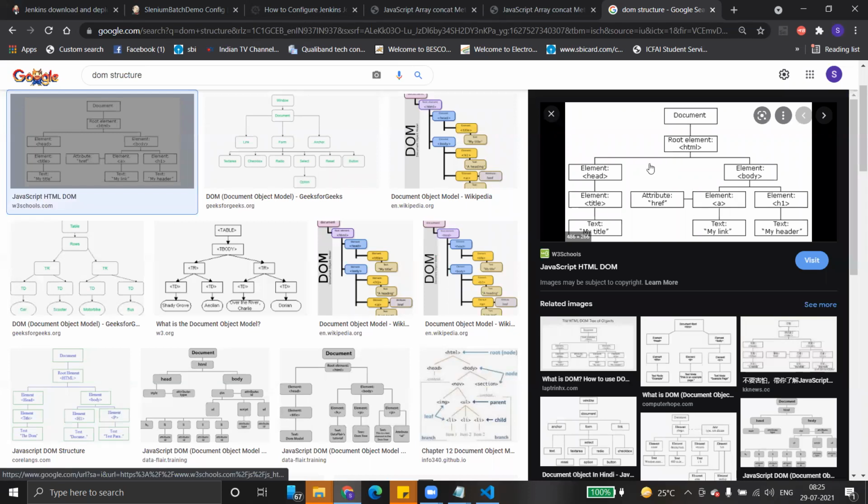Inside that, there are two siblings. One is head, another one is body. These are siblings. Inside head, again, we have a child, title. Text is an attribute. Here again, the body element is there. Inside the body element, we have a few more siblings. These are actually web elements. The first element is an anchor tag, the attribute is href, and the element is a, and another element is h1. That means inside a body, there are two elements, an anchor and a header. Anchor has a property called href and the text value is mylink.